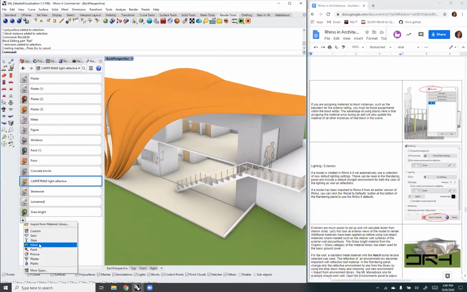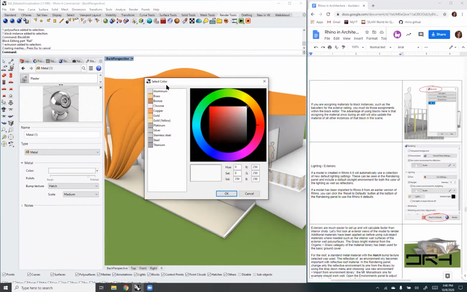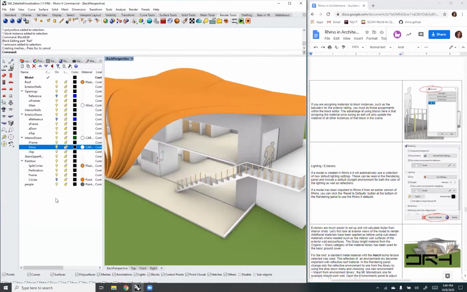So what I'll do is I add a standard metal material, and I'll just add some texture to it, and I'll use the hatch texture. And this is just a simple metal material, and I can change the color of it if I want to, to make it more silver or bronze. But the way to apply the material is perhaps we can do it to the layer itself. So we have the roof,